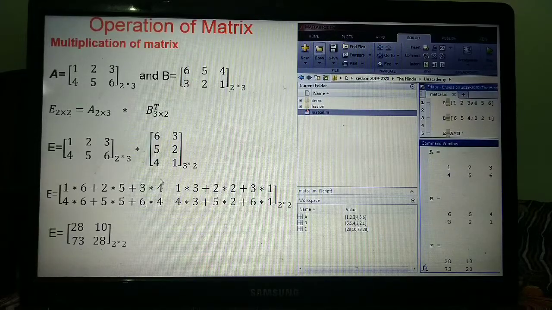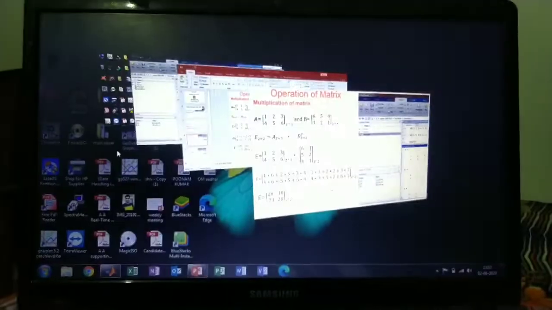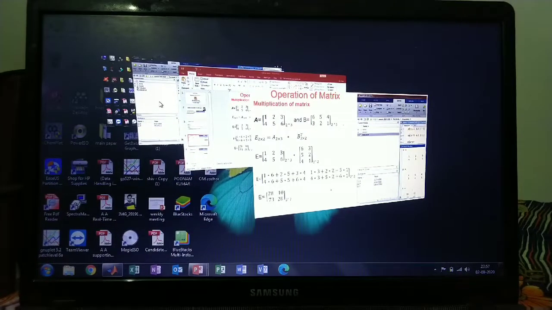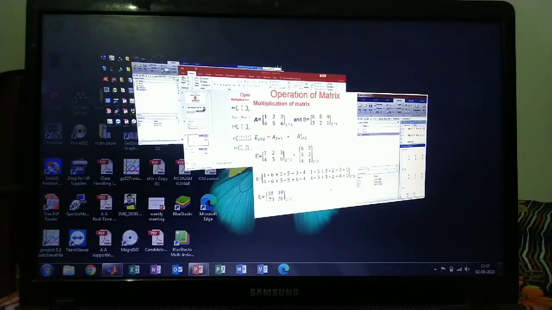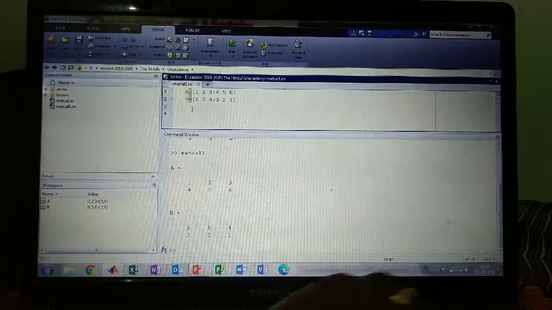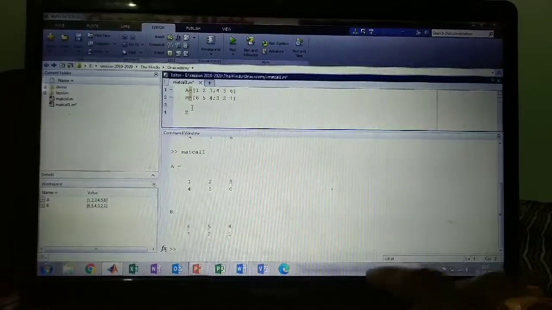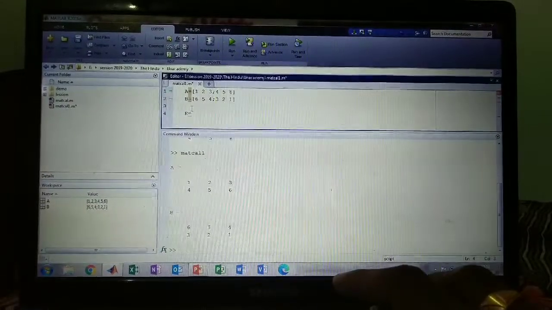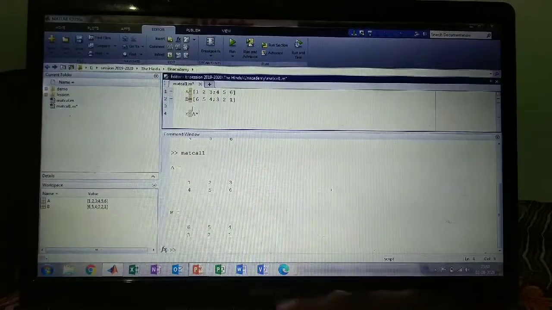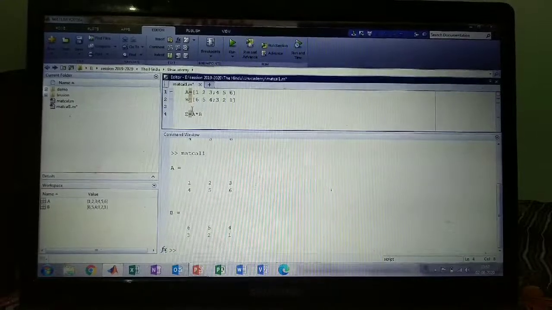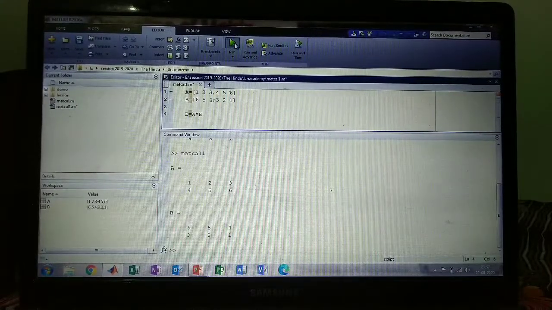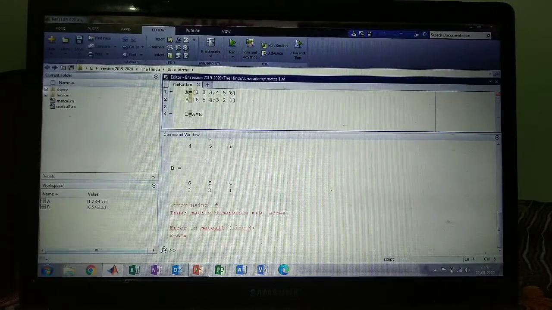This is mathematical multiplication. But how to multiply in MATLAB, I am going to show you. We can use a very simple approach. We will simply write capital E equal to A * B. I think it is not going to run because there is an error.